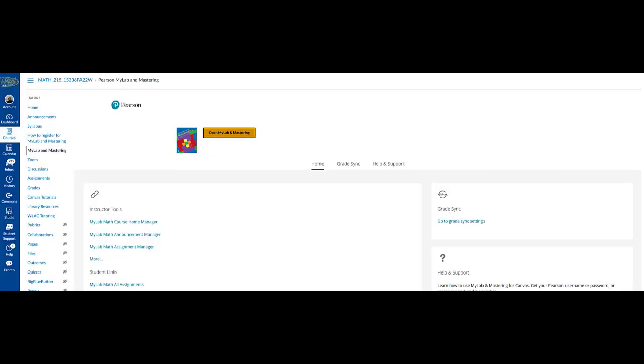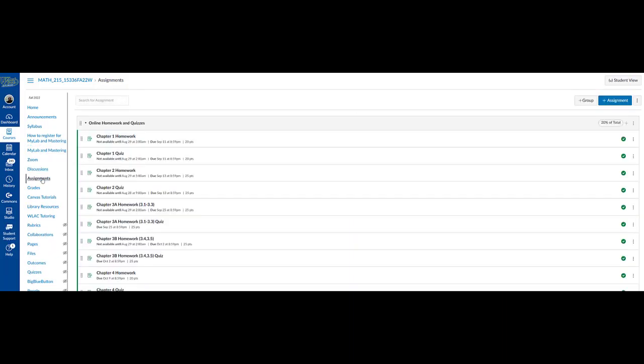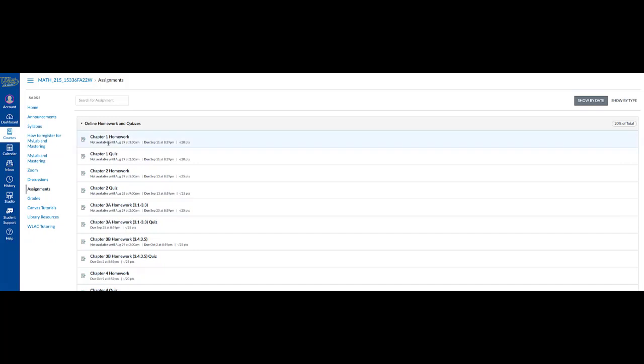And if you go back to Canvas, under the assignments, you would see a list of assignments also. You can either see it by the categories, or you can see lists of all the assignments. So as a student, you can view the assignments, show by date, or show by the type. Okay, if I go show by date, you can see you need to complete the chapter 1 discussion in the